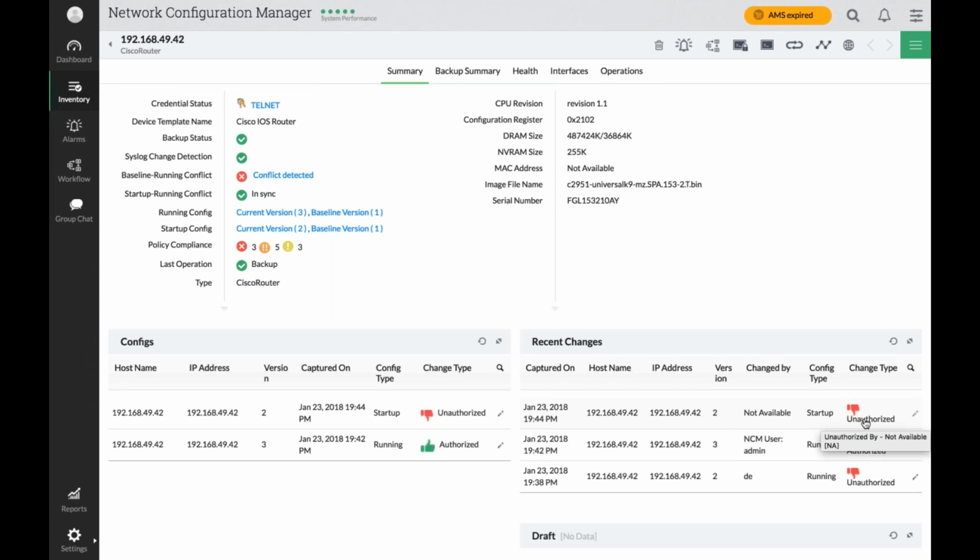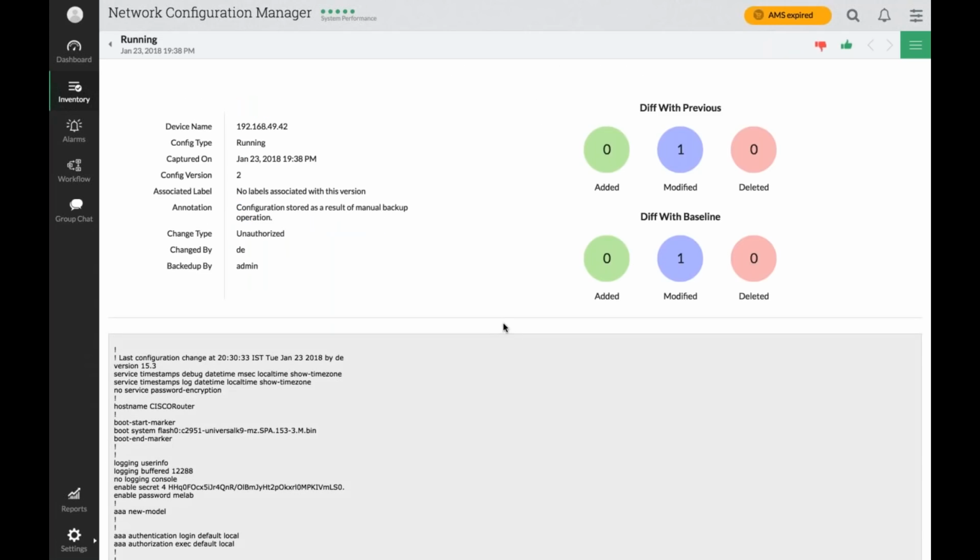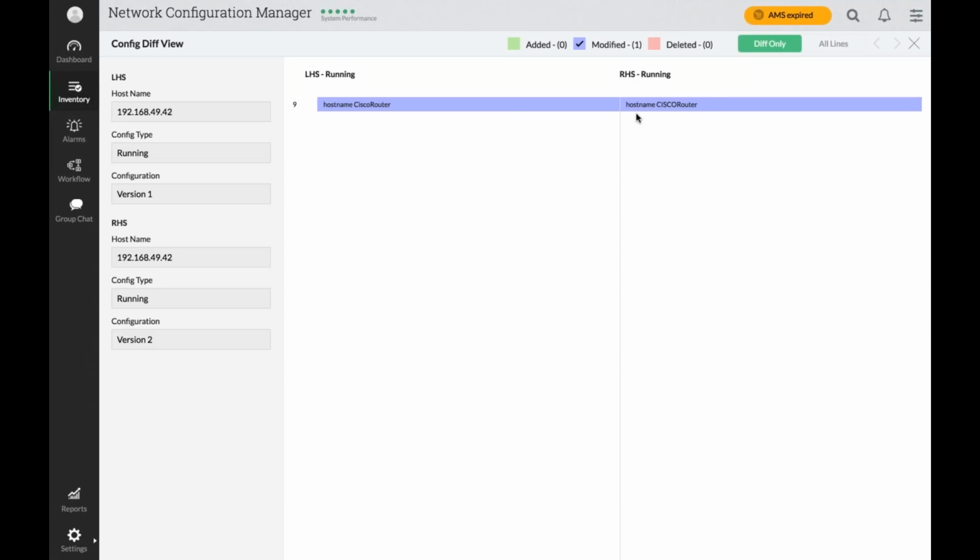And it also shows you the change type, whether it was an unauthorized change or an authorized change. Now let's drill deep into a particular change. Here you can see the modified lines. This is a line that has been modified in this particular version.